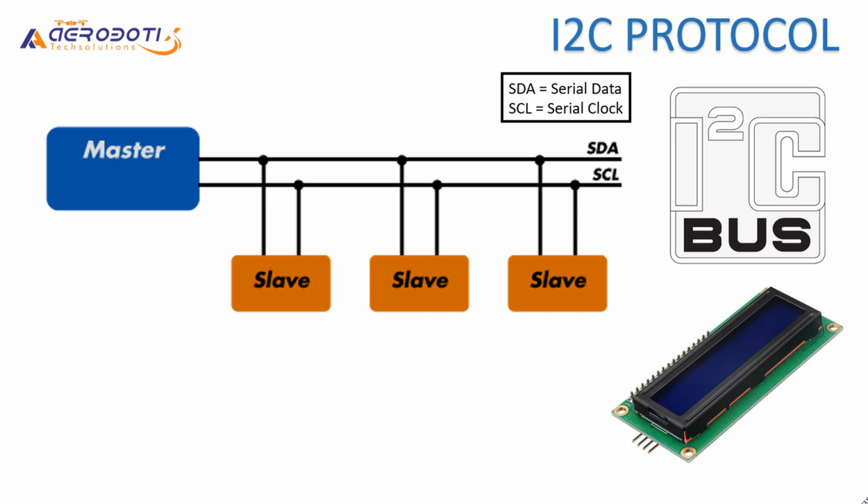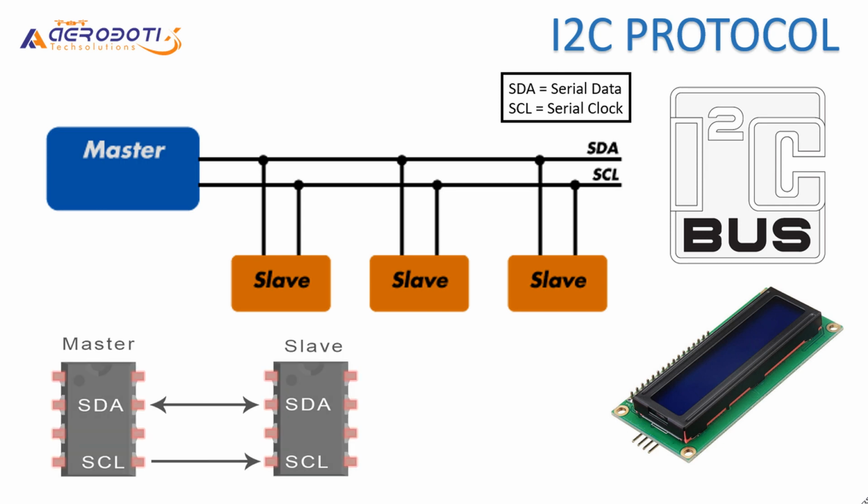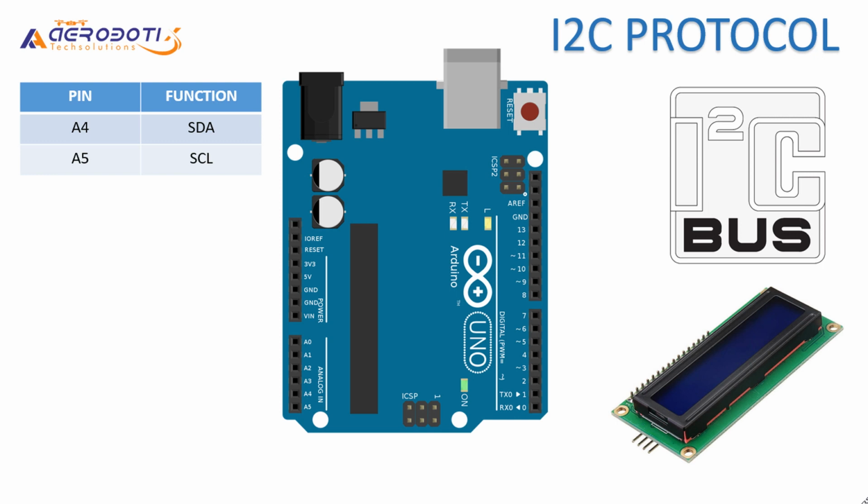Unlike the serial communication protocol, I2C allows us multiple devices on a single communication bus by using SDA, that is serial data, and SCL, that is serial clock lines. It works on a master-slave pattern. While connecting slave devices to the master, SDA pins should be connected to SDA only, and the same for SCL. Sometimes an Arduino board does not come with an indication printed on the board about the SDA and SCL lines, but as per the company datasheet, A4, that is an analog pin, and A5 are used for SDA and SCL respectively.